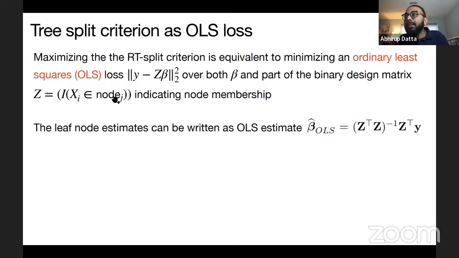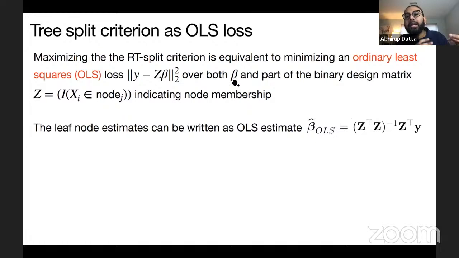So it's a binary design matrix which just tells you which data point belongs to which node. And splitting a node is equivalent to minimizing this least squares loss over both β and where you split the specific column of the design matrix.